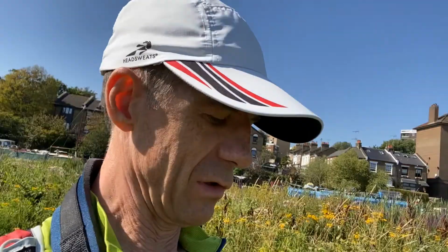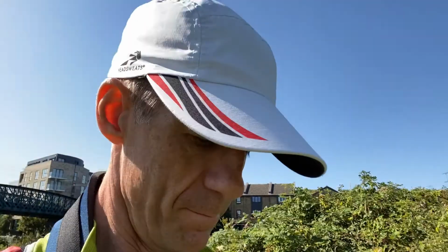Spotted a group of sparrows in the long grass, so I've put my speed up to 1600. I'm going to try and get some flying pictures, see if I can freeze the wings. I've left the ISO on auto. As you can see, it's still really warm. I've had to put the cap on because it's burning my head. Anyway, this is going to be a bit of a quiet section, so I'm still hand holding the camera. That's why I've got the ISO on auto,